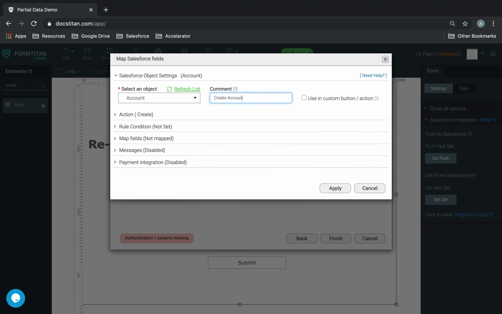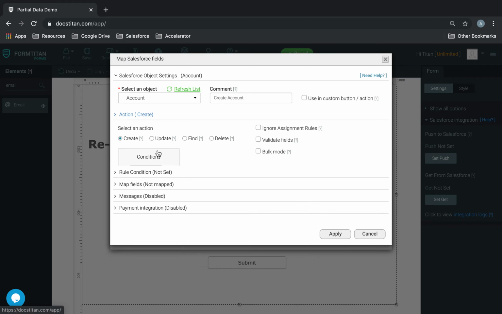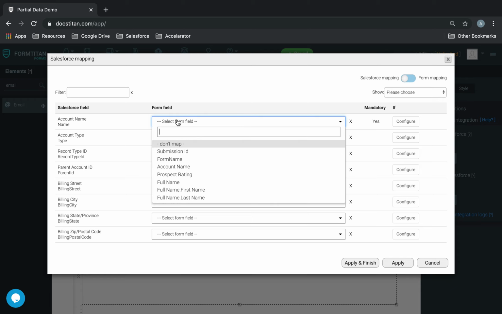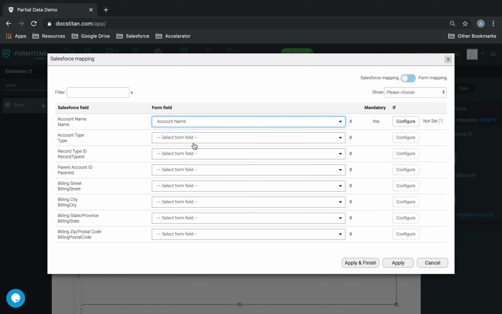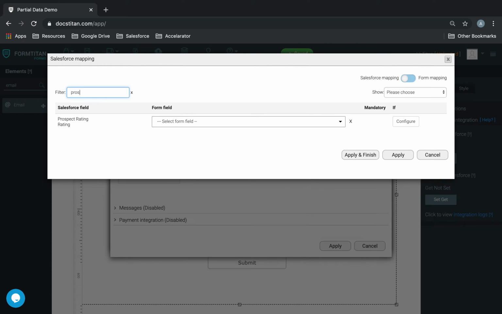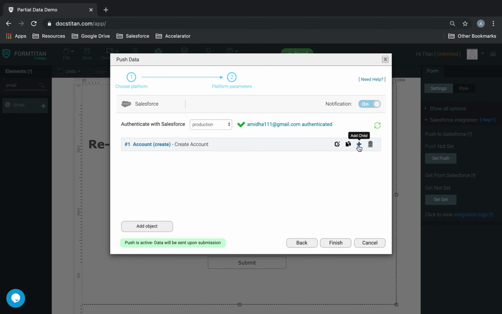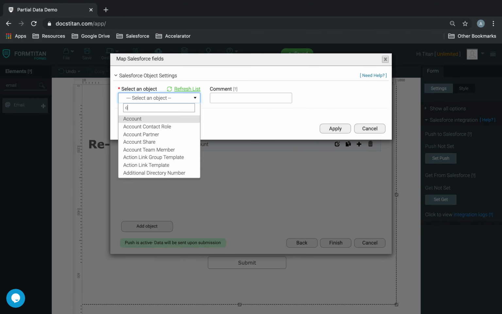and then I'll go ahead and just say create, and I'll just map the fields. Here I'll say account name goes here, and then prospect rating goes into prospect rating. I'll apply. Next, I'll add a child relationship, and I'll call this contact,